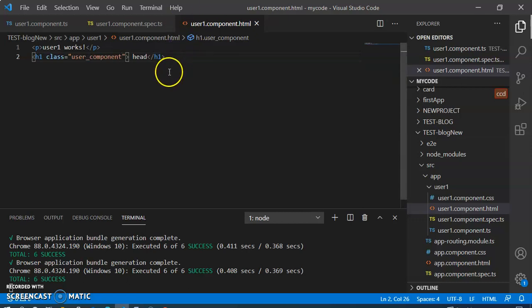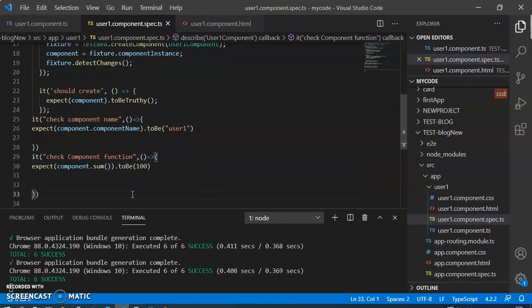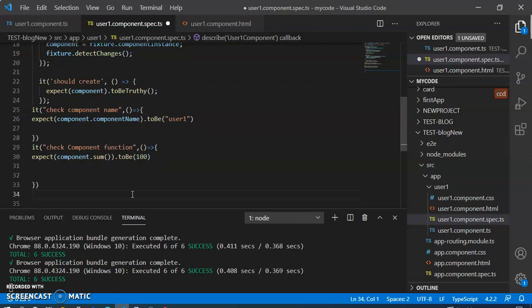Now we have to go inside the spec.ts file, user.component.spec.ts file. After going here, we have to write one more program.